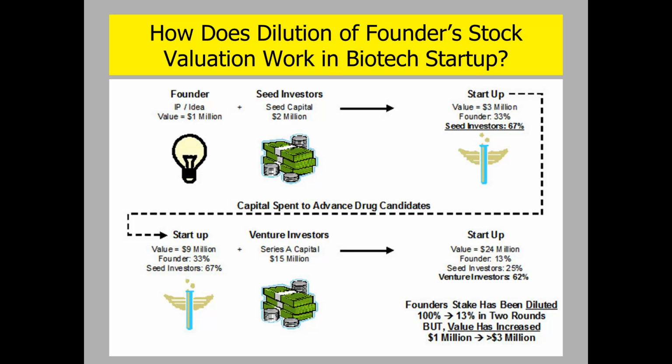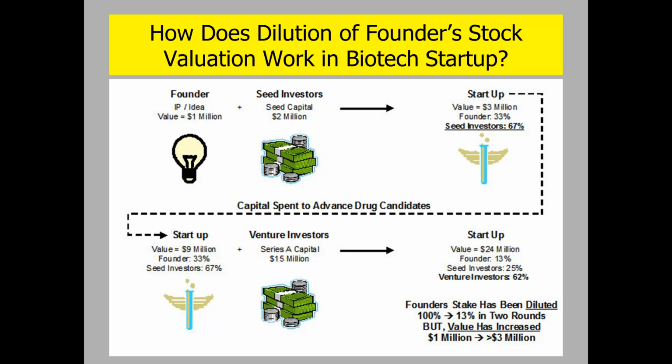So if you're the founder, you might have a really good idea, and that intellectual property might be worth maybe a value of $1 million. The seed capital investors are going to invest $2 million in that, so now your startup company is considered to be worth $3 million. So the founder gets about a third of that, and the seed investors get 2/3 of it. So as you go to your startup then,